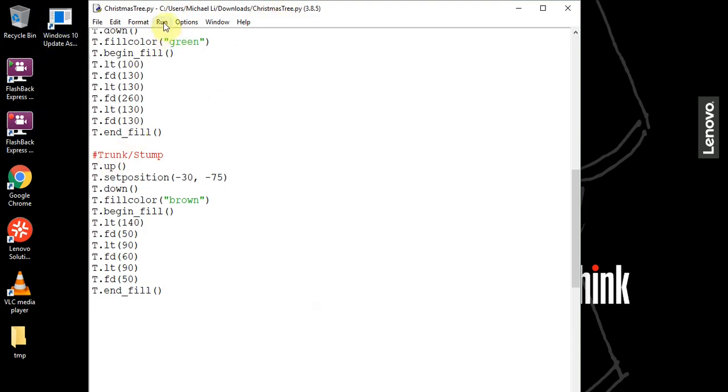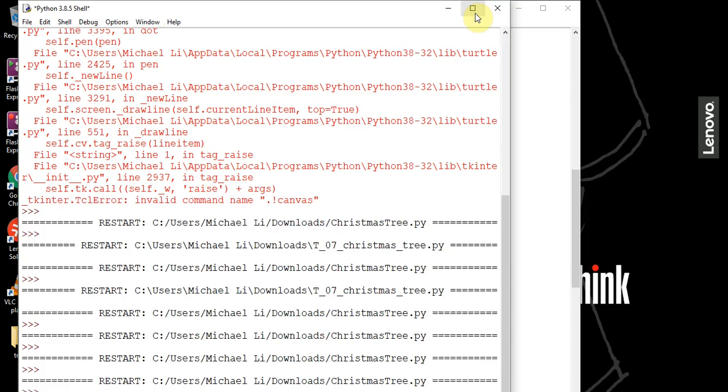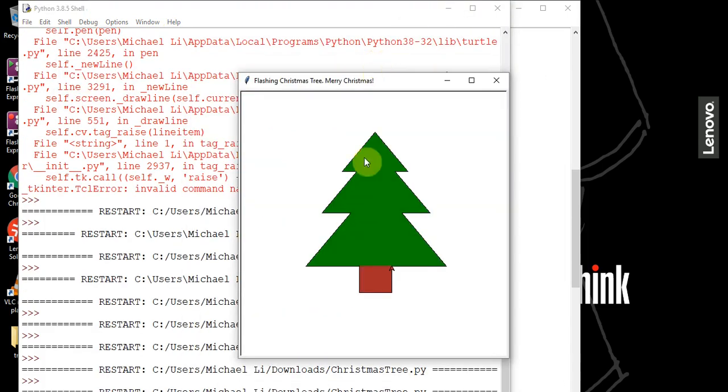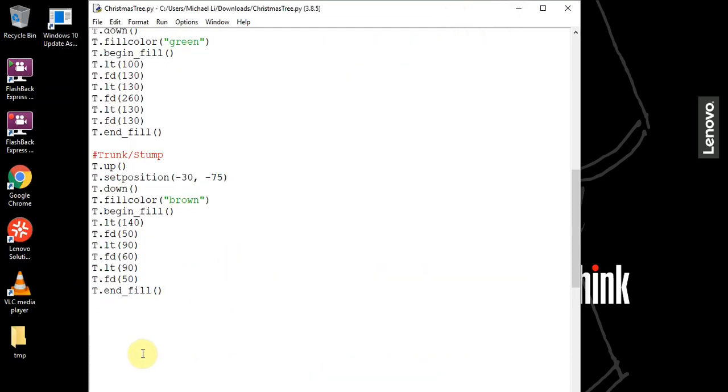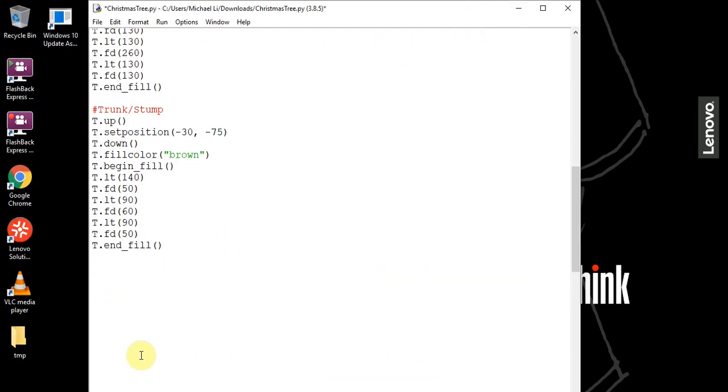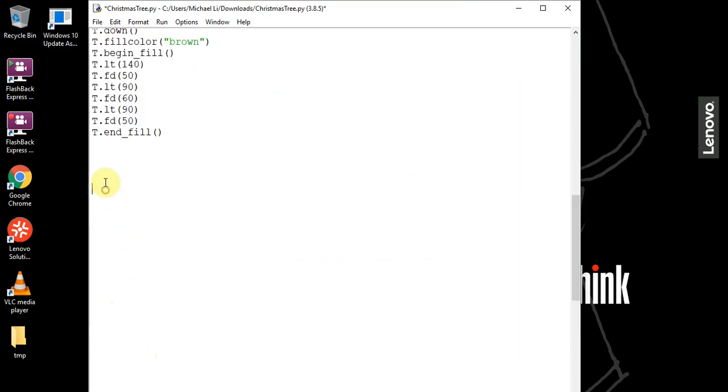So this should be enough for the entire tree, and which it is. That's okay. And now what we have to add now is a star and our 3 lights. So let's move on to the star now. Create the star at the top. So star on the top,